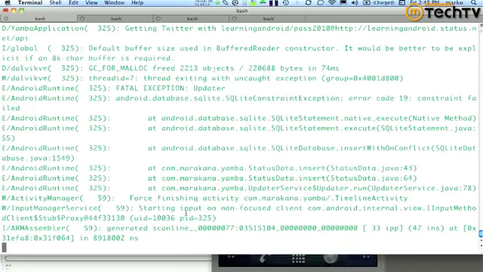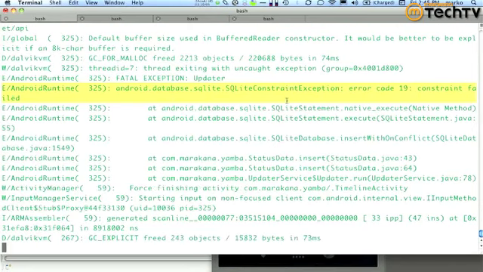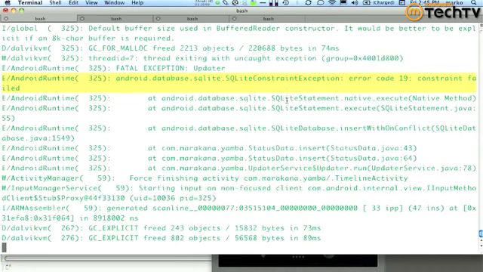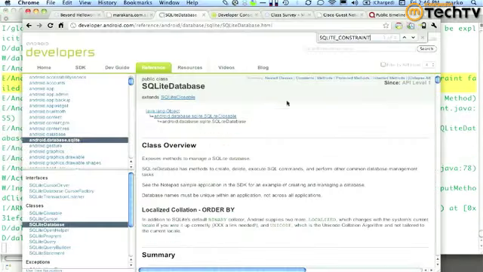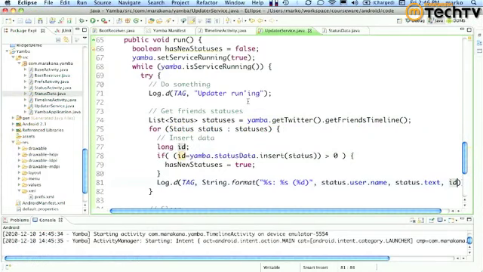Okay, so it actually throws an exception, constraint failed. That's the reason we added that field, even. That's what we got. Remember when it was trying to insert the same thing again? Right. Okay, so let me try something else. So if that failed,